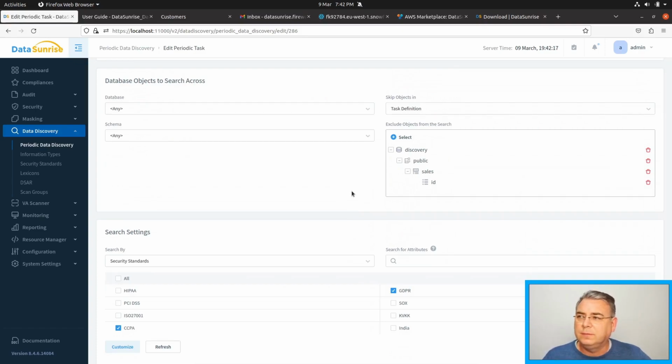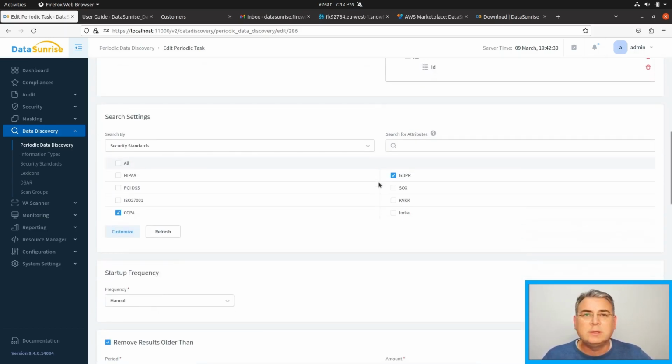Additionally, you can exclude some objects if you don't want to include them, or if you know that some of them are, for example, primary keys, not person IDs, and so on. And what is more important is which security standards should be used,